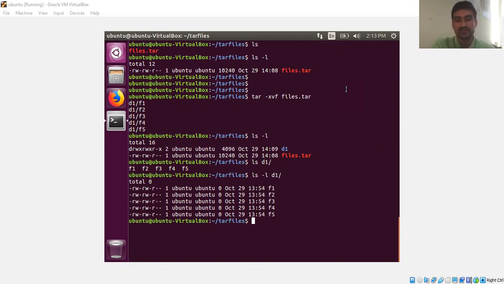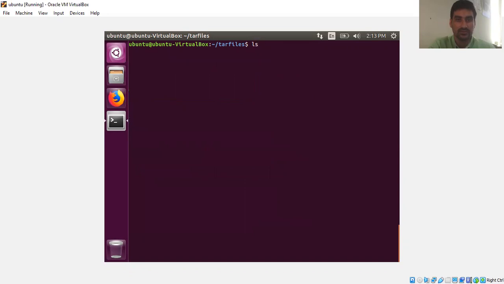So first we use tar.gz, and then we will see tar.bz2. So these are the formats. Now we see we have